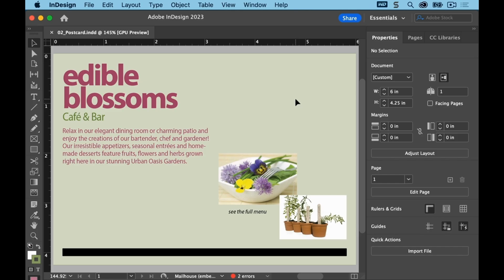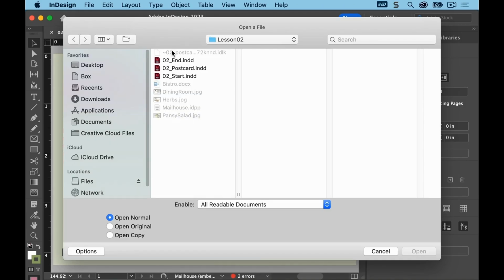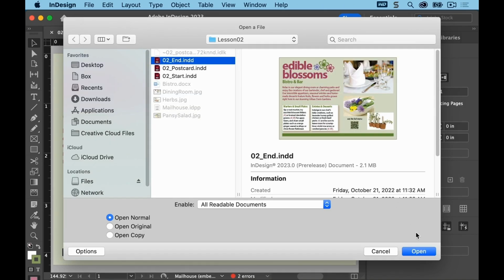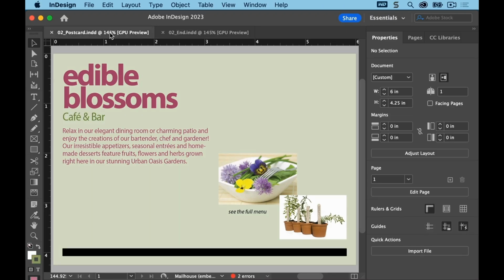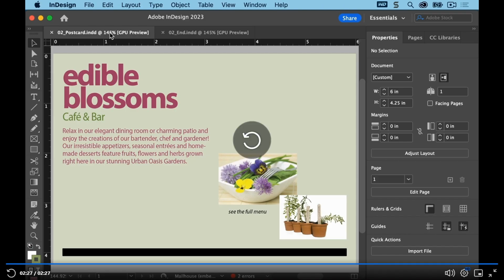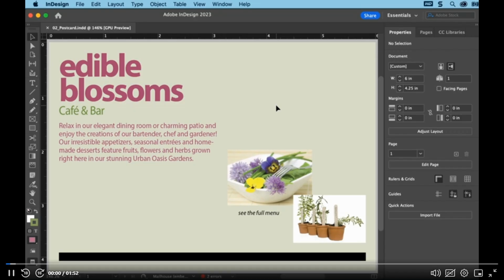If you want to see what the finished document looks like, open the 02_n.indd file in the same folder. You can leave this document open to act as a guide as you work. When you're ready to resume working on the lesson document, display it by clicking its tab in the upper left corner of the document window. Revising or completing an existing document, as you will do in this lesson, is